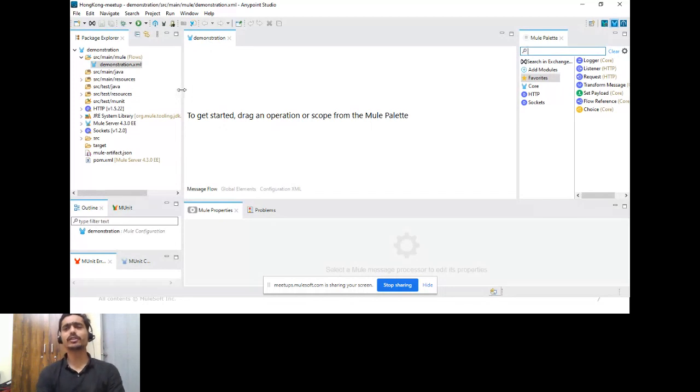If you have worked on any of these software practices, you might already be aware of this IDE. It's Eclipse IDE that we are making use of. So a MuleSoft plugin on Eclipse IDE, that's what we are making use of in this particular scenario. Under the hood, what we are actually developing would be just a simple Mule application, and that's a Java equivalent, I'll say. That's what we are trying to develop.